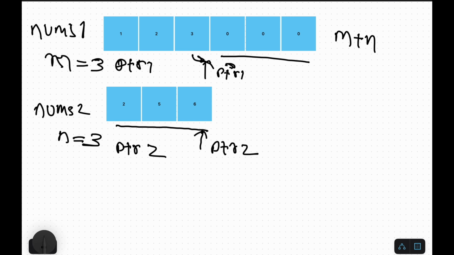And what we can do is compare these two numbers, right? Based on the outcome, if the value in nums1 is greater than the value in nums2, then we have to place them at their right position. So let's say